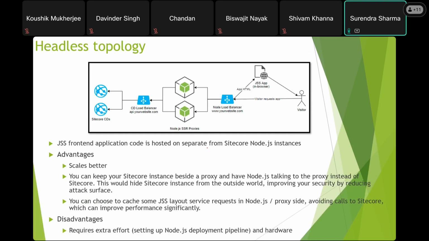We also have to create what kind of topology or architecture you are following for running this website. For example, this is the headless topology. Here we have our visitors, who are going to request our website. This request will go to the